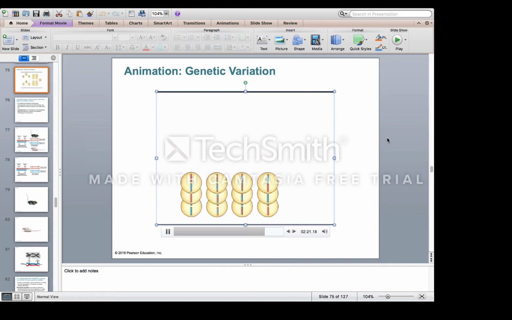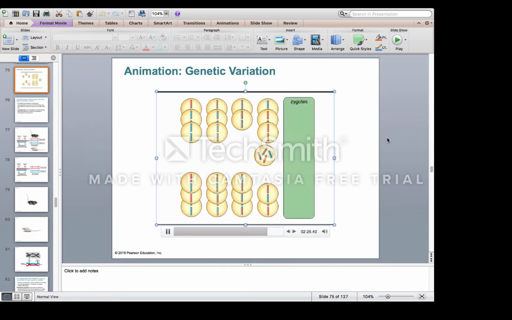A sperm fertilizes an egg, producing a zygote. The random nature of fertilization adds to the variation arising from meiosis. Each parent is capable of producing a huge variety of genetically different gametes. The number of possible combinations among their offspring is staggering. Theoretically, one human couple is capable of conceiving a number of